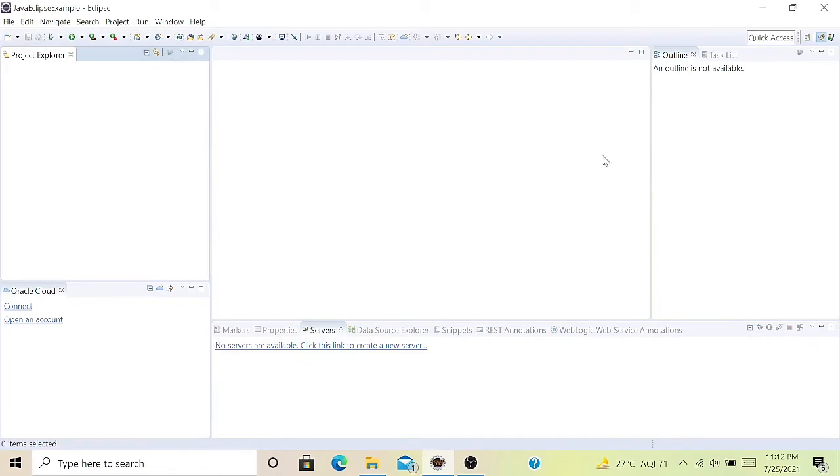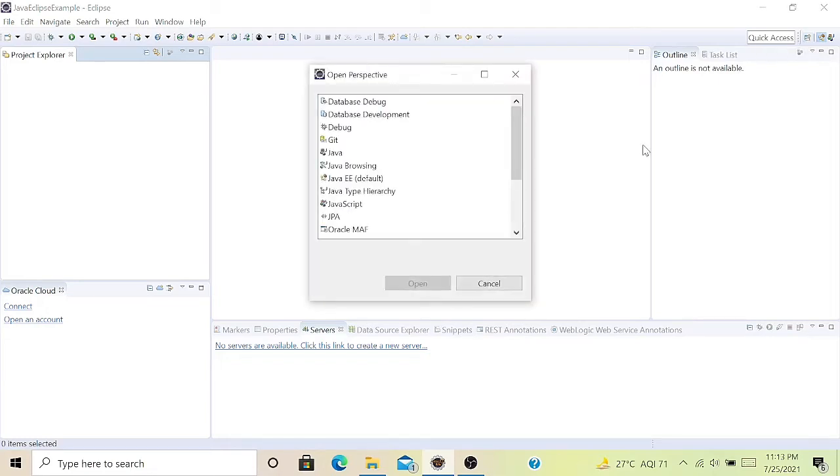On the right side, you can see the open perspective icon, and if I open that, then it gives the list of perspectives. If you are working on core Java, we'll be working on the Java perspective.